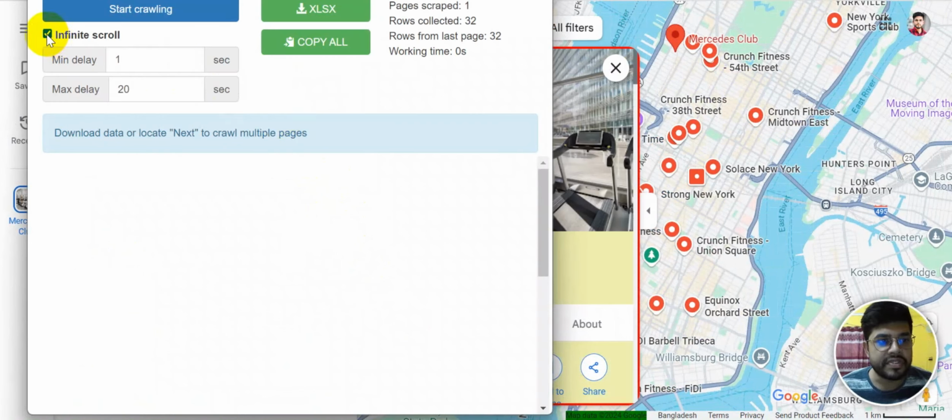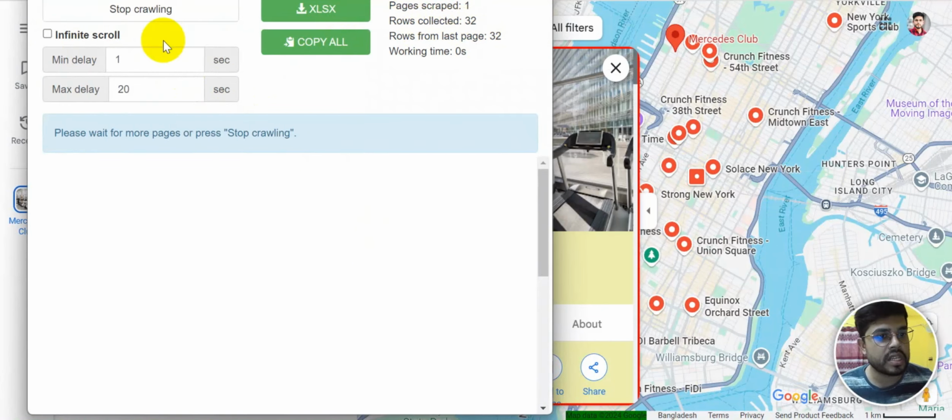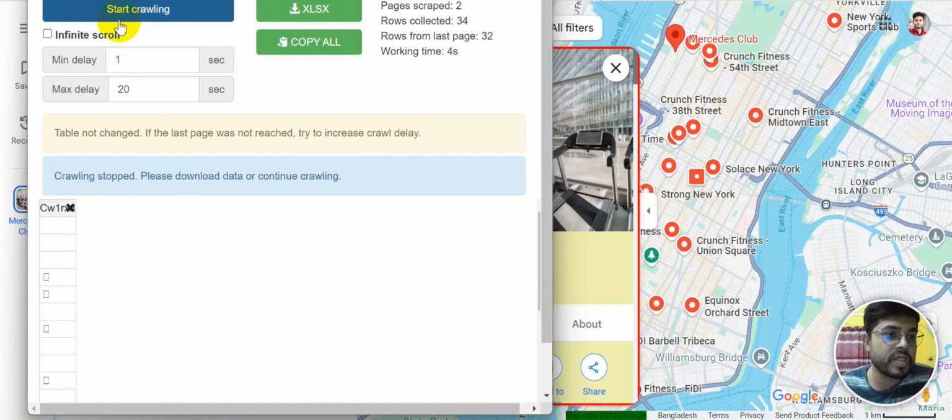there is an infinite scroll as well. I'm not doing the infinite scroll right now, I'm just showing you. So if you locate or try other tables or whatever you do, you can see one page is scraped, rows color state 32. So if you just start scrolling, it scrapes all of the data it can find on these pages. And if you stop scrolling, or